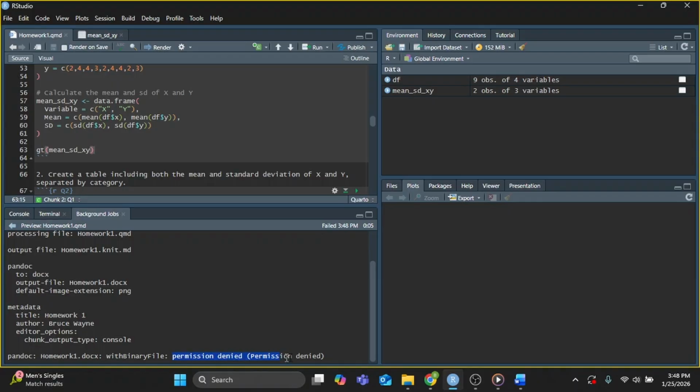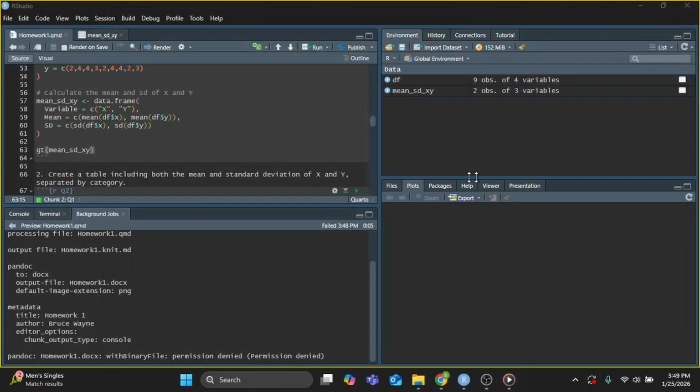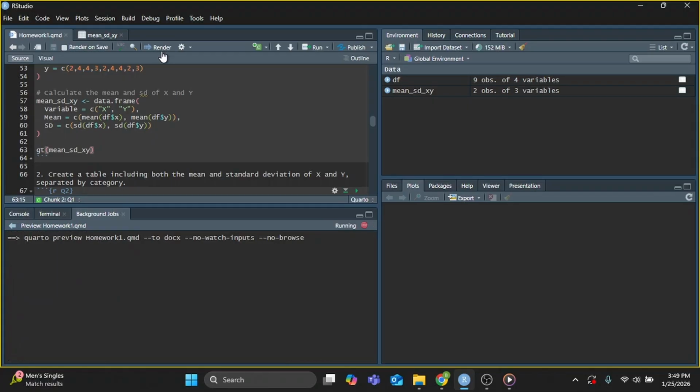permission denied. So when you get this error, that means it was not allowed to save the file. And the reason it's not allowed to save the file is we still have the file open. Right? So we have to close the Word document, or it cannot change the Word document. So now the Word document's closed, we can render it again. And